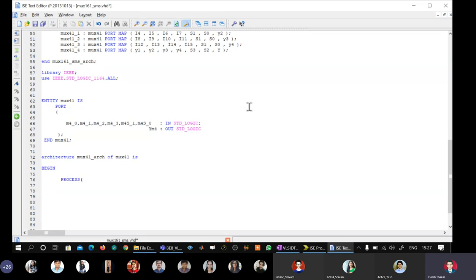Process. So all the inputs have to be copied right from here. All the 4 inputs as well as select lines, everybody has to be in the sensitivity list. Begin. And here, let's write down.